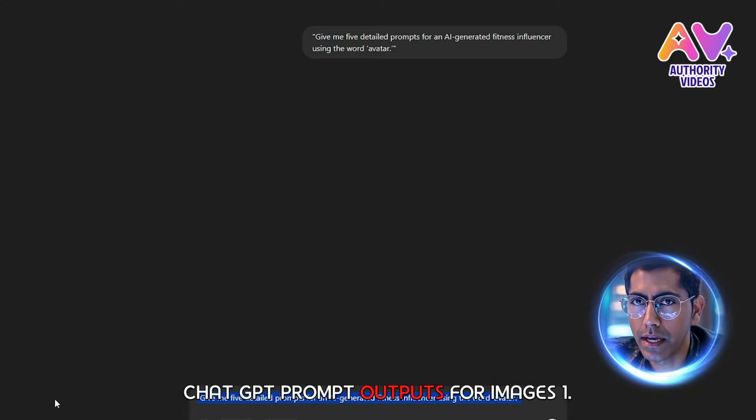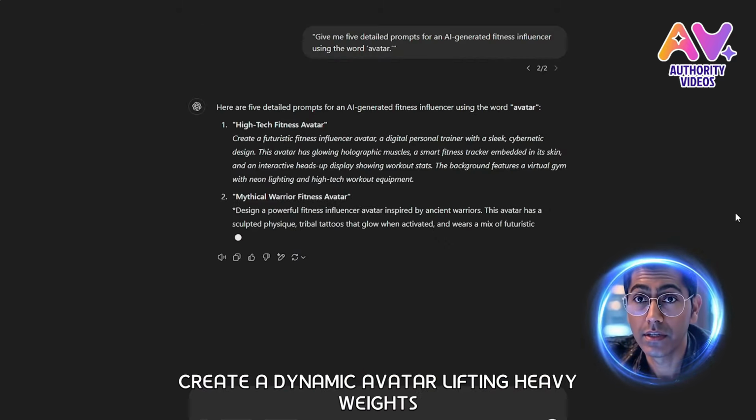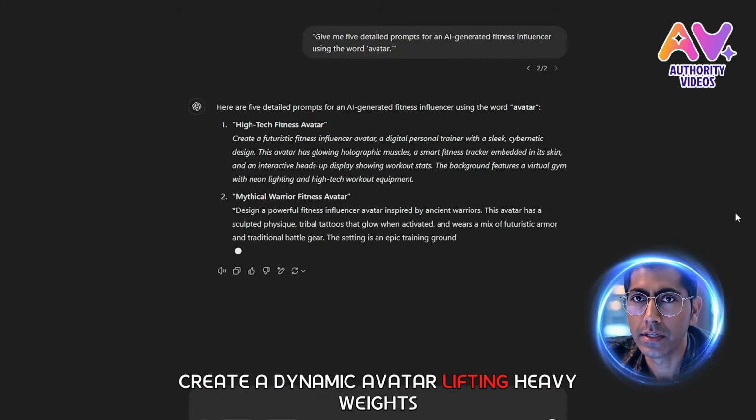ChatGPT prompt. Outputs for images. 1. Create a dynamic avatar lifting heavy weights in a futuristic gym, wearing a sweat-soaked compression shirt under neon lights. 2. Generate an avatar sprinting up a scenic mountain trail at sunrise, looking determined with a trail of mist behind them. 3. Produce an avatar mid-action, jumping rope in an outdoor calisthenics park with veins popping and focus in their